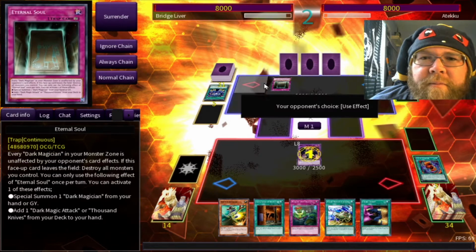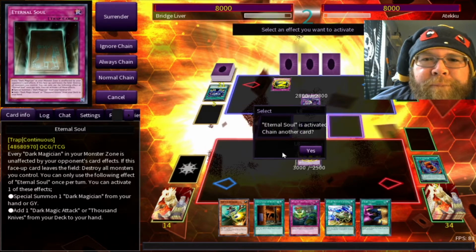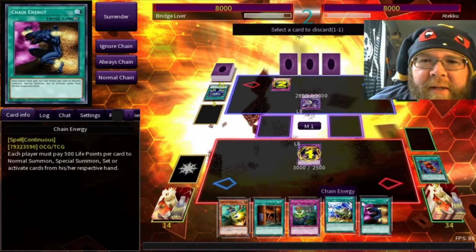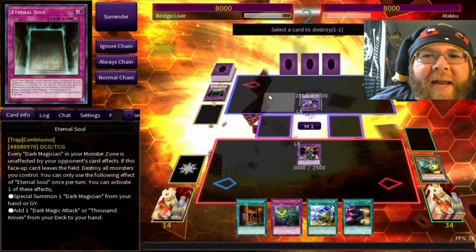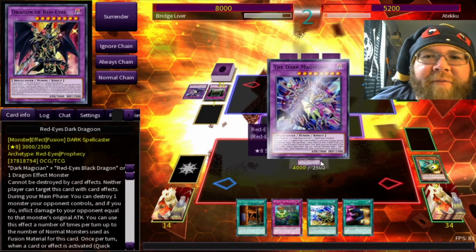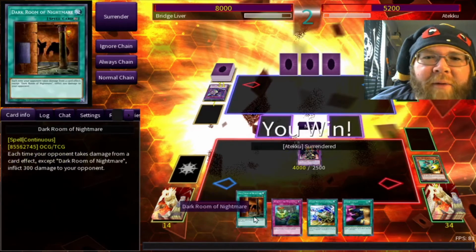Let's see. I'm gonna say, actually, no. I'm going back and forth on what exactly I want to do here. I was gonna get rid of... I'd rather him not have Eternal Soul. Like, yeah, he'll get more stuff, but I can just pop another monster, do more damage. The whole idea of this deck is doing burn damage, and I kind of wish I'd played Dark Room, but